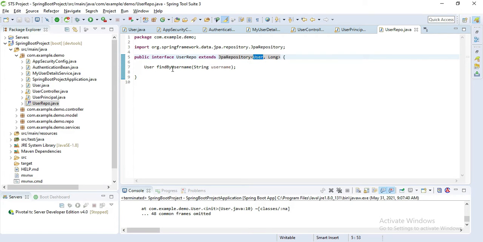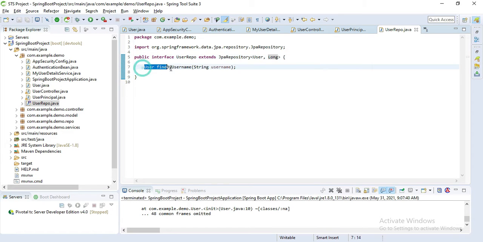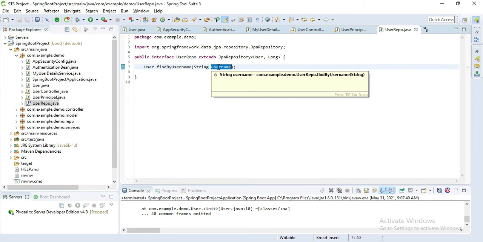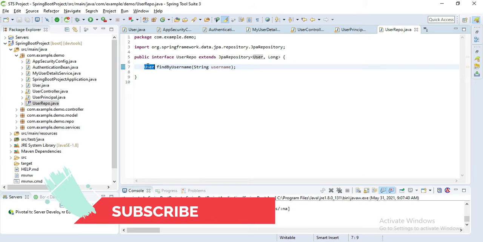Our User is an entity class, and the data type of its unique identity is Long. That's why here we provide User and Long. There we also provide one method, findByUsername. We will pass the username, and if that username is present, we will get that user object back here. Let's save this.